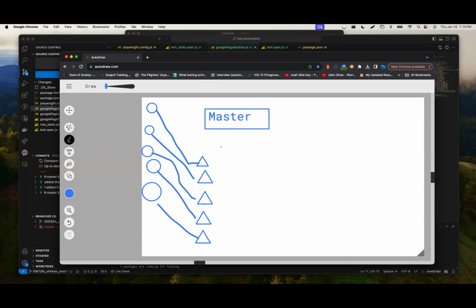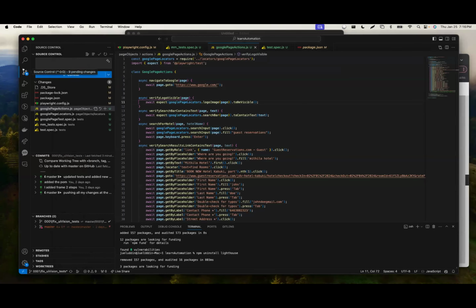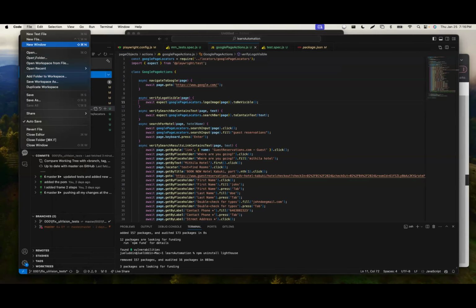So now, what they did, they cloned the master. That doesn't mean they just took it directly from GitHub and it's done. It's no longer there. This is in the cloud, okay? So in order for them to run the test, they have to pull this here, right? So this is called cloning, right? And the way that you clone when you start in a very clean way, let's say